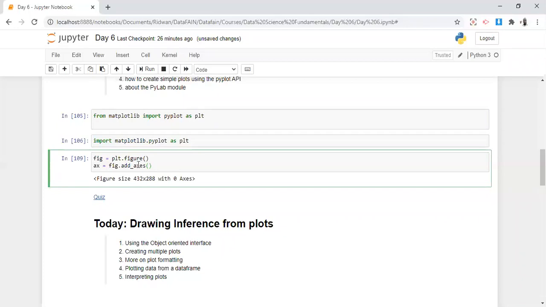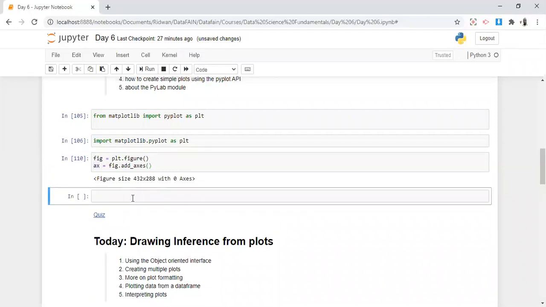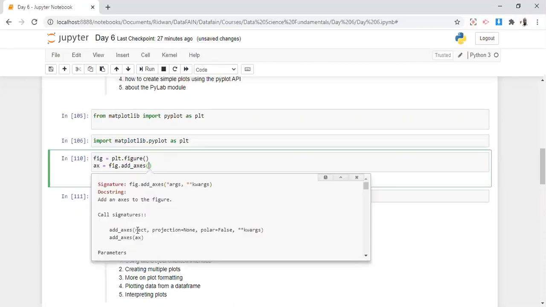Okay, so we're going to add axis here and assign it to AX. So we'll run this. Now let's see whether we have an axis. It's empty because we didn't specify some parameters there. Let's see the parameters it takes. It takes a rectangular parameter, because the axis has to be a rectangle, right? So we have to specify the